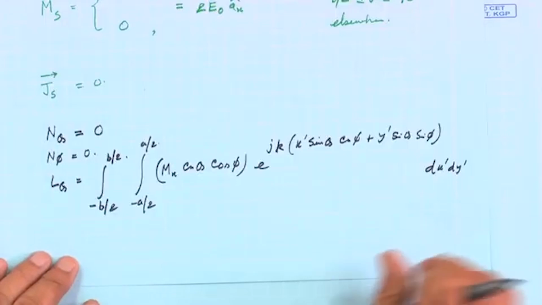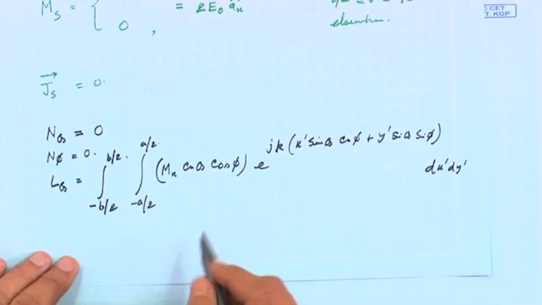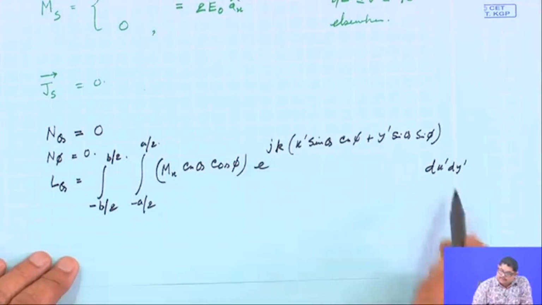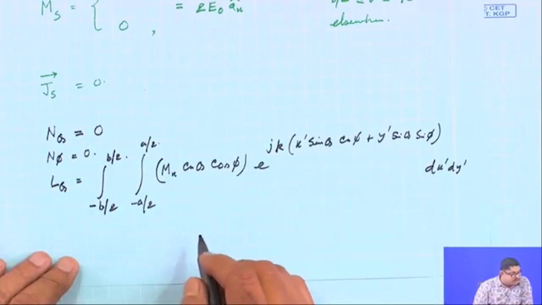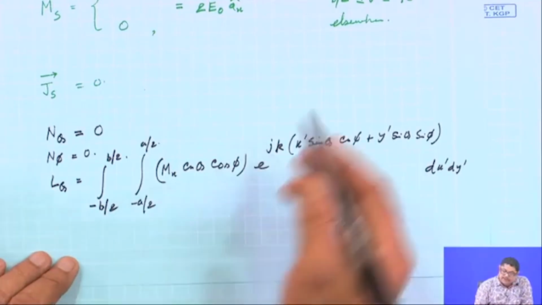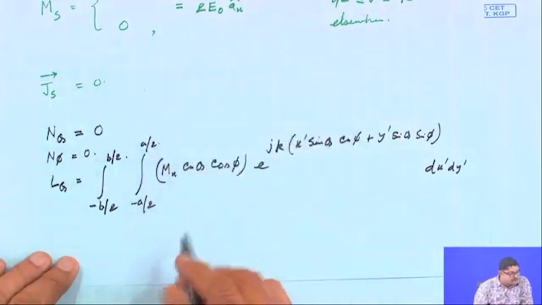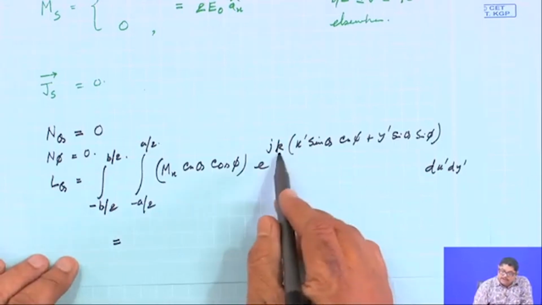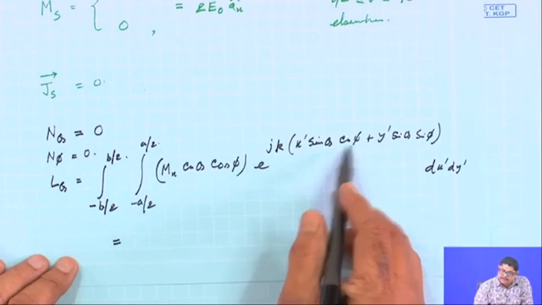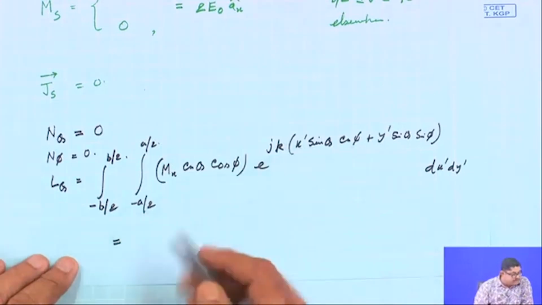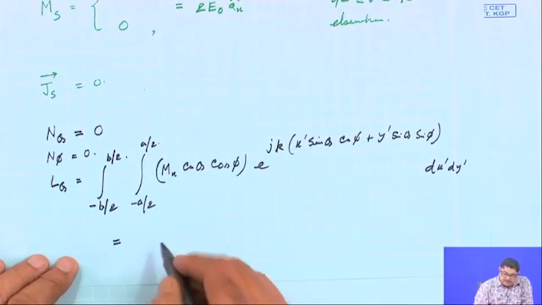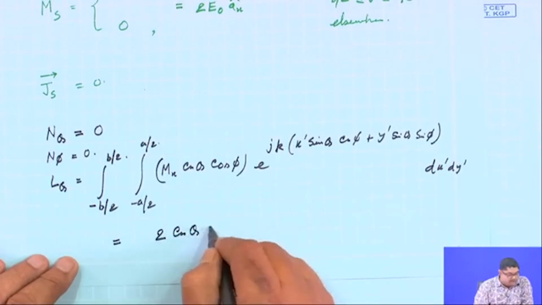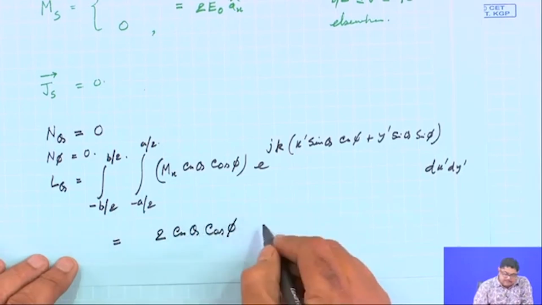Here you can see that cos theta, cos phi, etcetera will come out, because the integration is only over x dash. We already know the M_x value is 2 a_0. So we can easily do this integration, because it is e to the power j k x dash sin theta cos phi, and all these are constants apart from x dash. So you can easily do it, and you will find that this becomes 2 cos theta cos phi